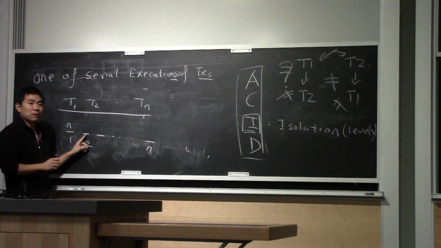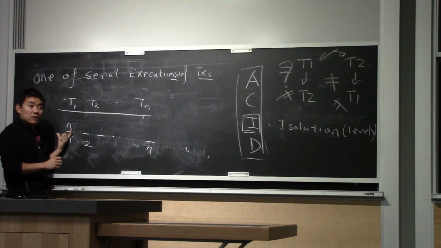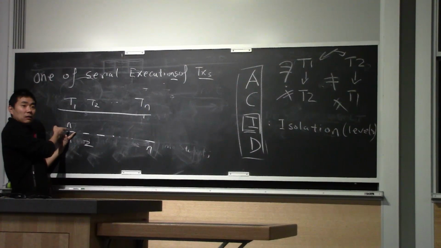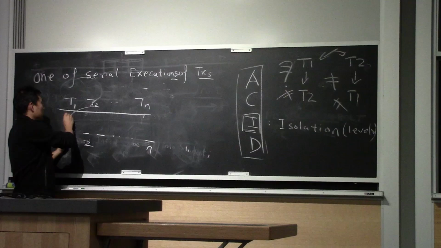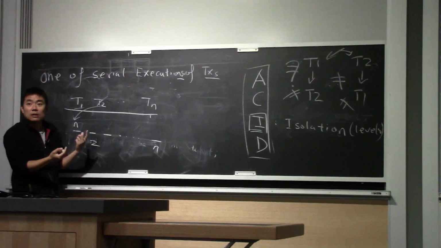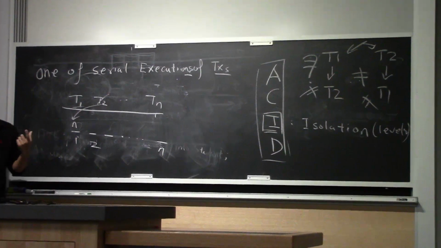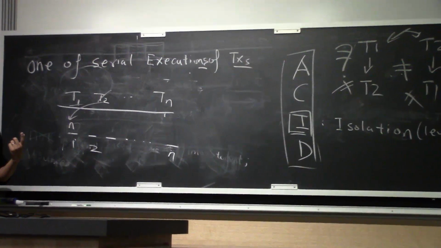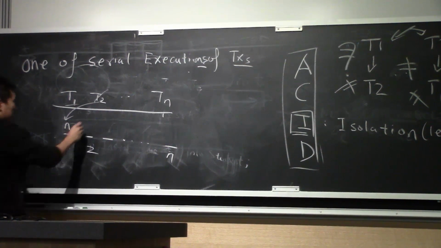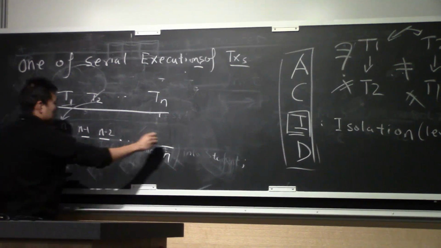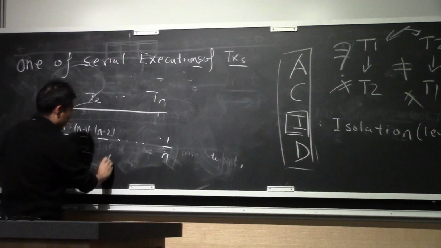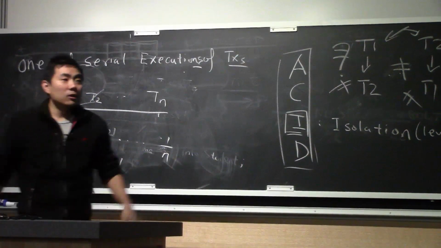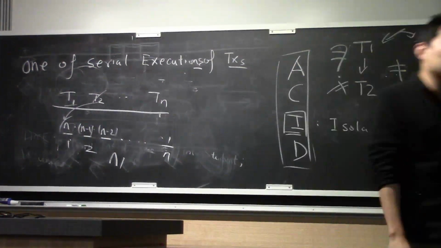Now coming back to the second position, how many choices do you have now? You no longer have n choices because you chose somebody for the first position. Let's say you chose T2 to go here. Now how many choices are you left with? N minus 1. And you multiply these together. That's the total number of choices you have, and that's exactly n factorial. So given n transactions, you have n factorial